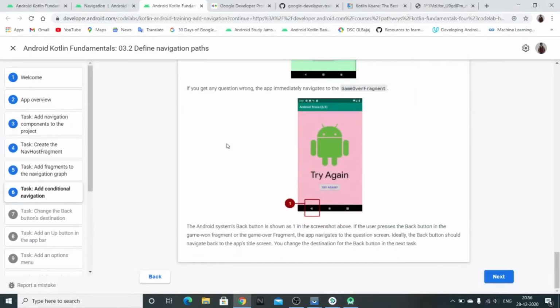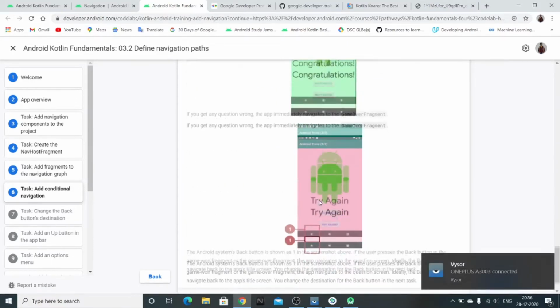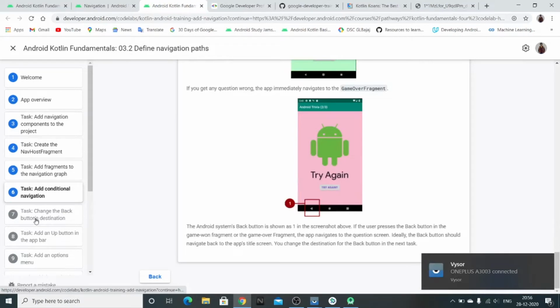Okay, till our app is running, let's see now. When you press the back button, it will direct you to the questions. But what it should do is direct you to the title of the game. So let's add coding for our back button also.